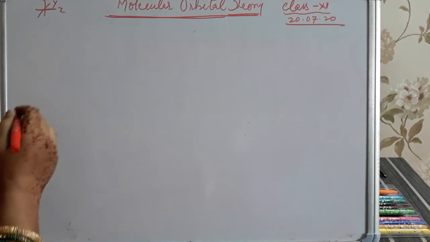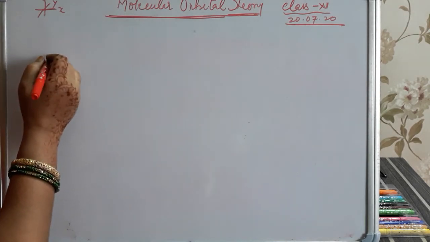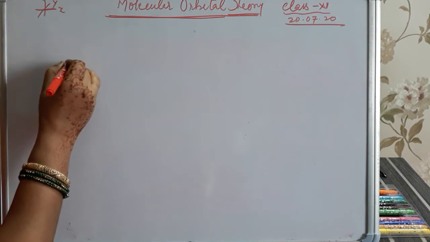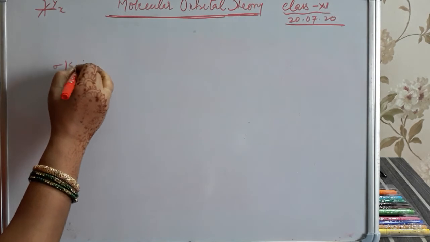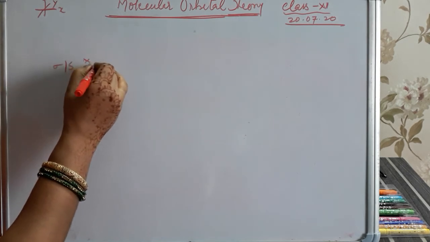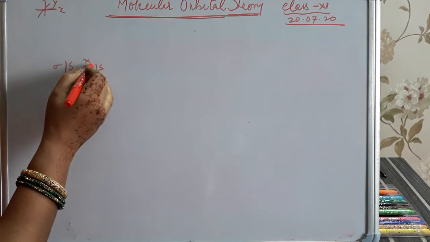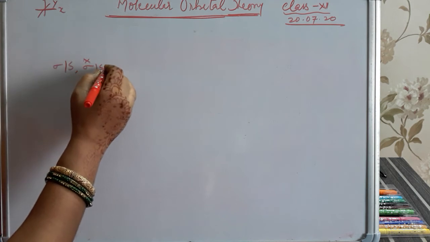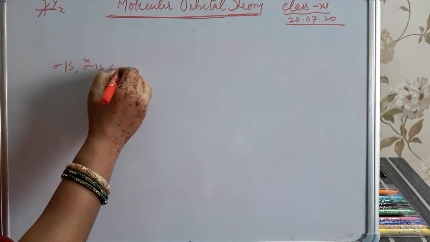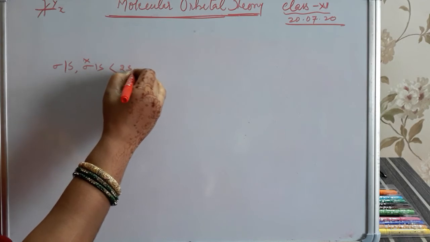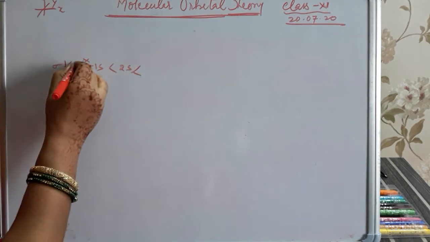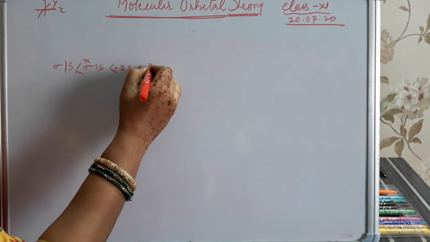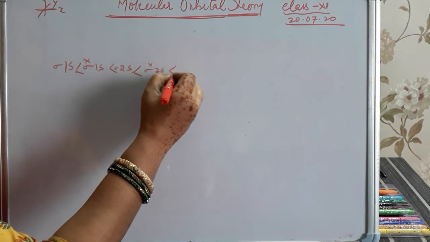At first we write down the lower energy orbital: sigma 1s, then sigma anti-bonding 1s, because anti-bonding orbital has more energy than the bonding molecular orbital. So students, like this, then 2s, and then sigma 2s,